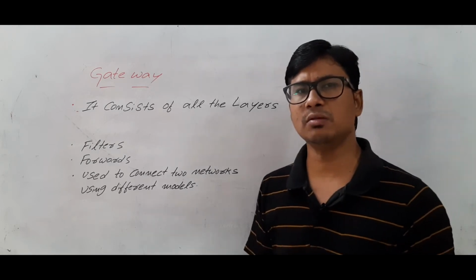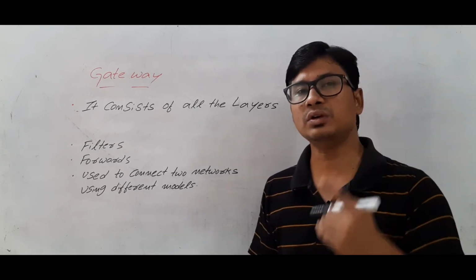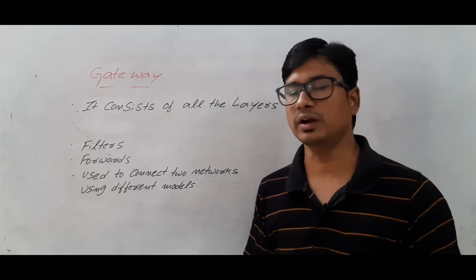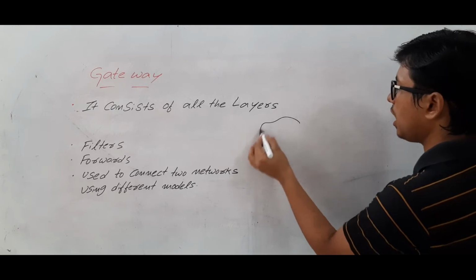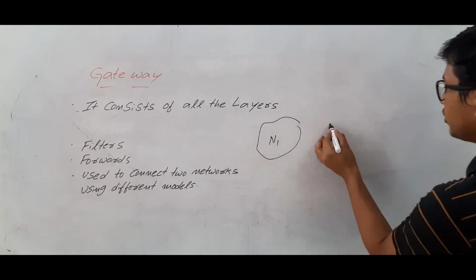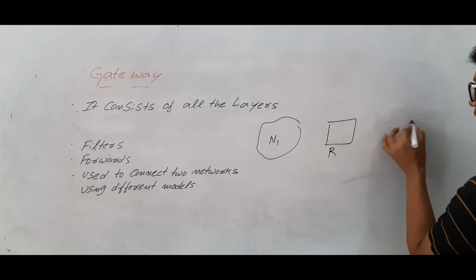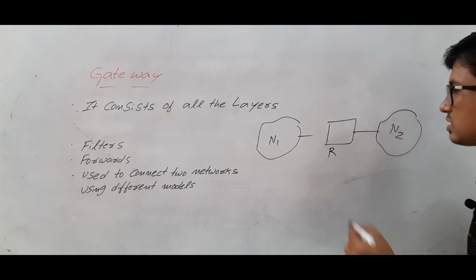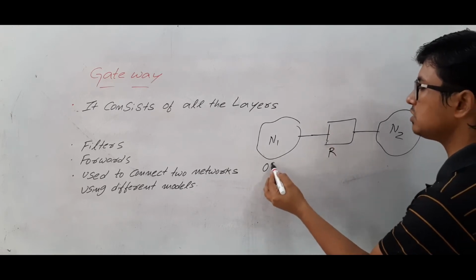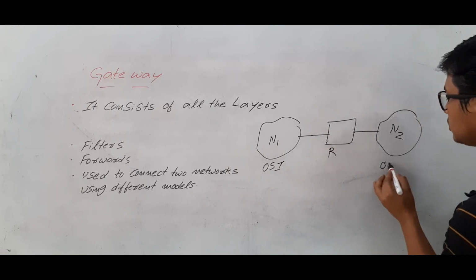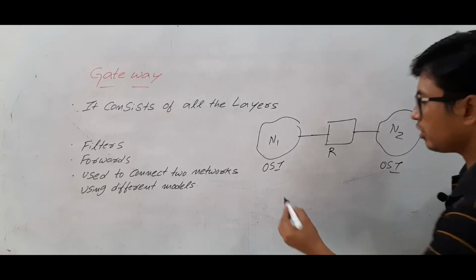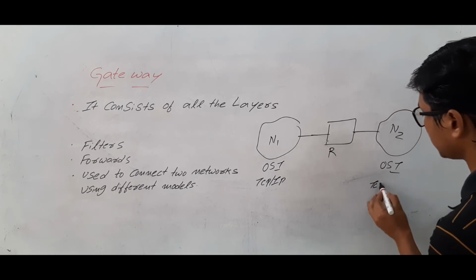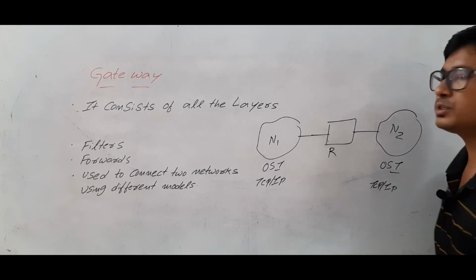When we were discussing the router, we said that a router is useful for us to connect two networks using the same model. Meaning, if you have one network and you are connecting with another network using a router, these two networks should use the same model. If you are using the OSI model here, here also it should be the OSI model. If you are using the TCP/IP model here, here also it should be the TCP/IP model. When it comes to the gateway,